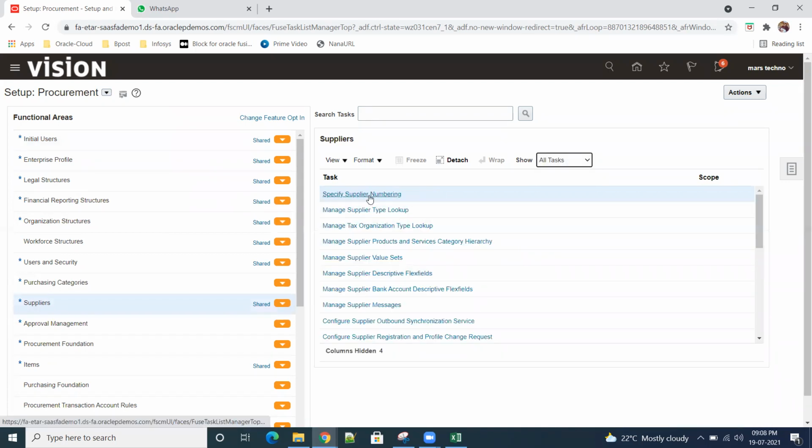So we have a supplier numbering. It is only a single setup. So what is the number you want to give here? Whichever number you want to give, you can give and save and close, so that the system will start creation of suppliers with these numbers by incrementing one. Okay, so I'm not changing anything. I'm following with the same number. So please don't do any changes here, because it is just a one-time setup. So people won't touch this one. Okay. So please, while practicing also, don't do any kind of changes here.